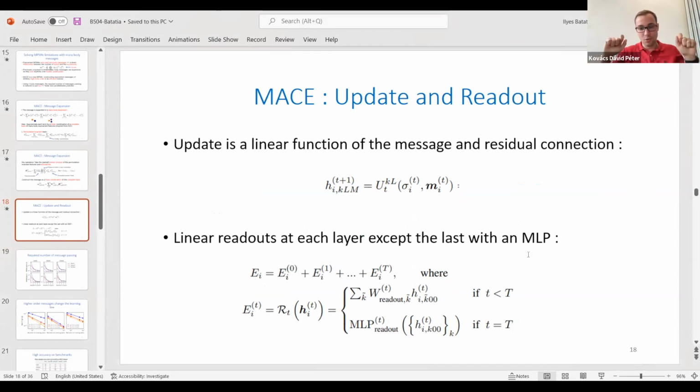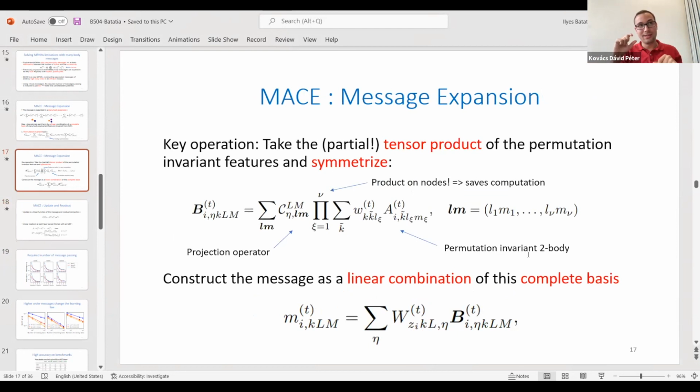So what we do is we sum over all pairs. So you just take the edges and you sum over them. And then what you do is you form these tensor products on the central atom. And these tensor products on the central atom will kind of implicitly form a basis for the 4-body functions. So we don't create 4-body features by summing over 3 neighbors, but we create 4-body features by summing over all neighbors together and then taking tensor products. And this is just where the efficiency comes from.